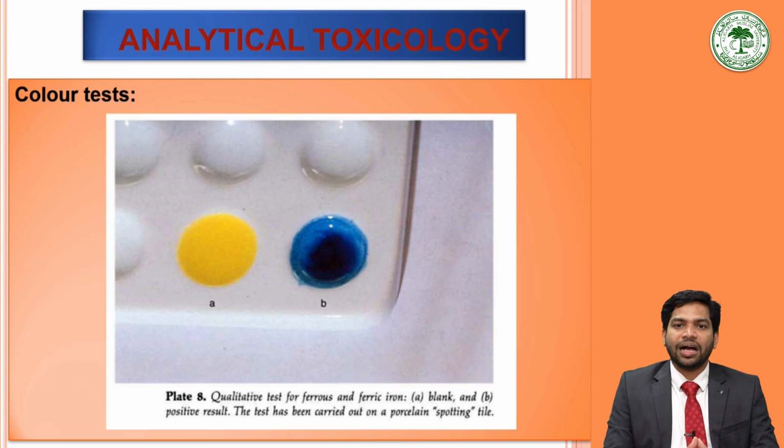Then the color test for iron. Ferrous salts are used in the treatment of iron deficiency anemia, and ferric salts, which are more toxic, have been used as abortifacients. The minimum lethal dose of ferrous sulfate in an adult is of the order of 30 grams, but 1 gram may be dangerous in an infant. A green or blue color in the vomit or stomach content suggests the presence of iron or copper